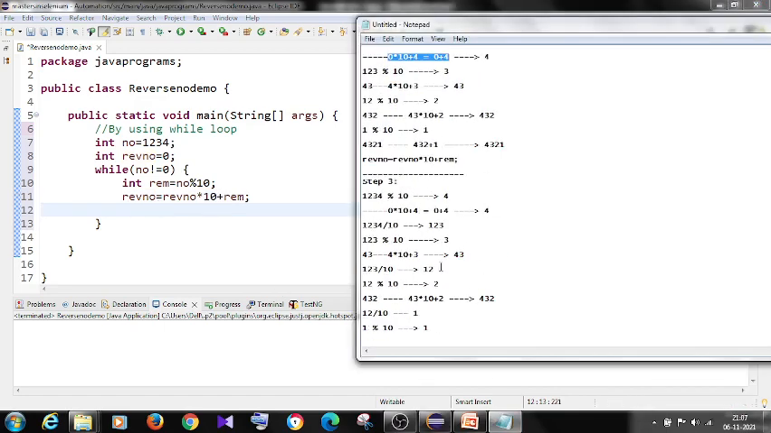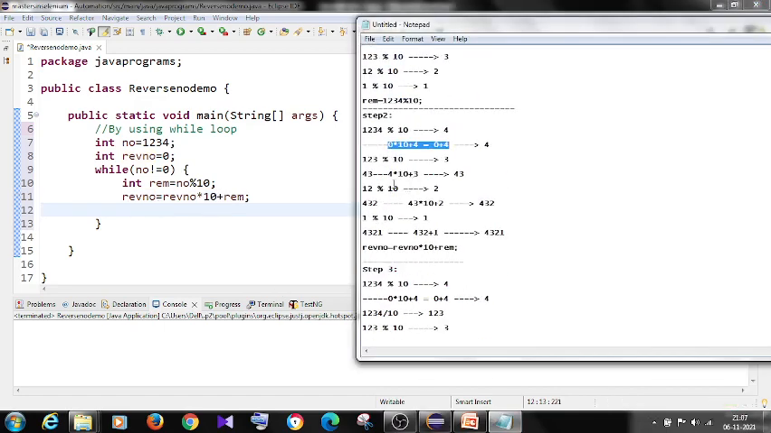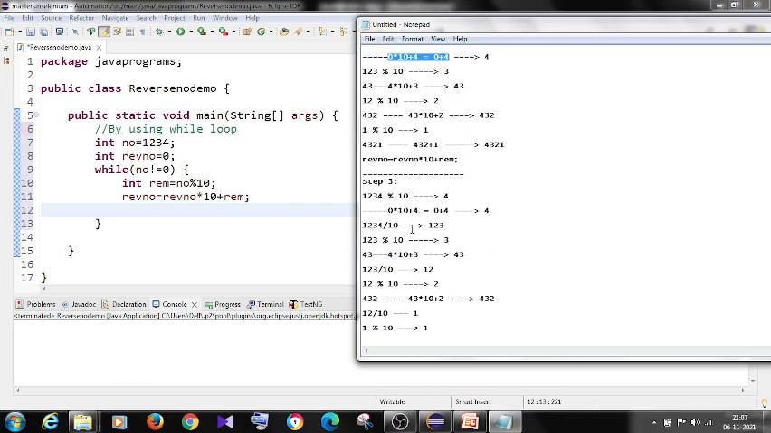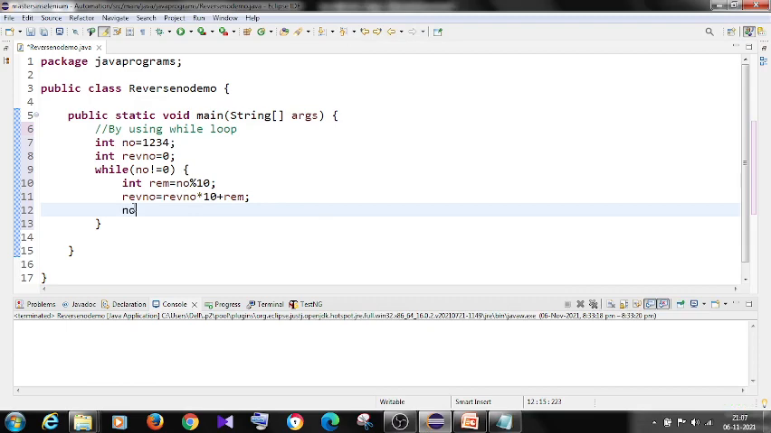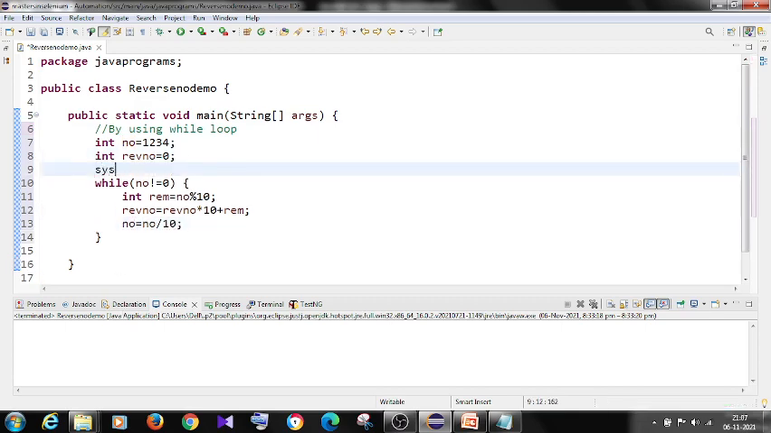Third step, we need to achieve this one, right? We have to get 1 2 3 from here. How can I get it? By divide. So first one will be this one, second one will be this one, and this one. Okay, how I got it? Num equal to num divide by 10. Okay, and here I have to give, you'll see what we have given now. Say System.out.println